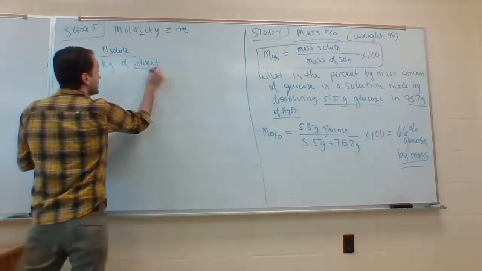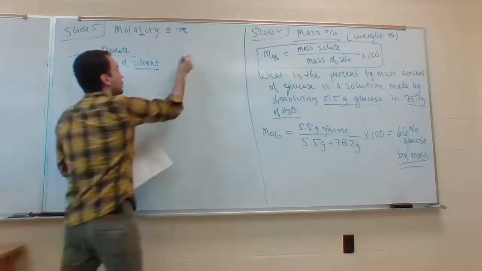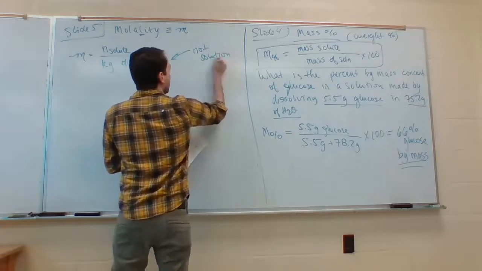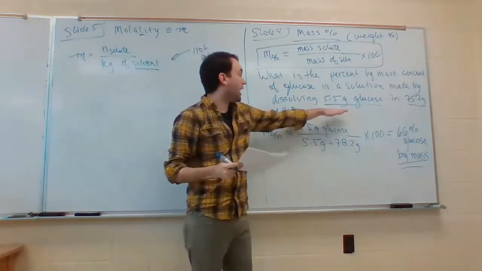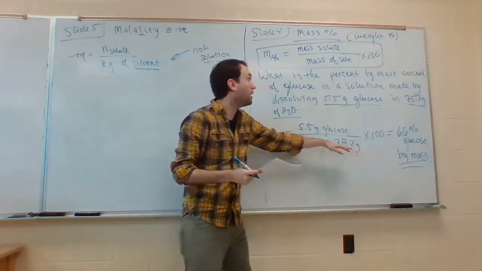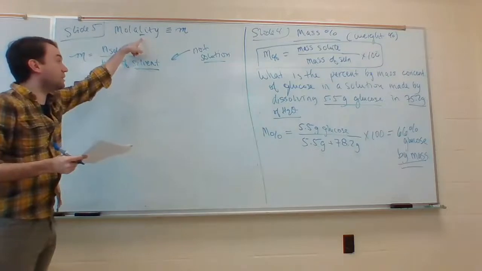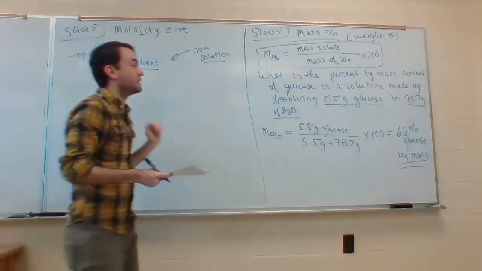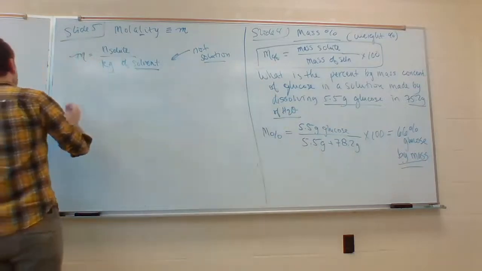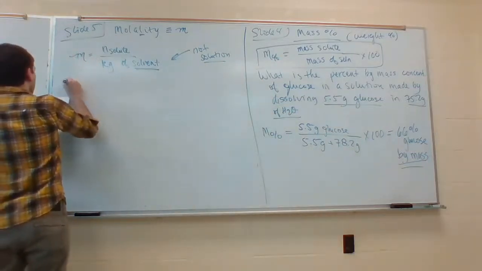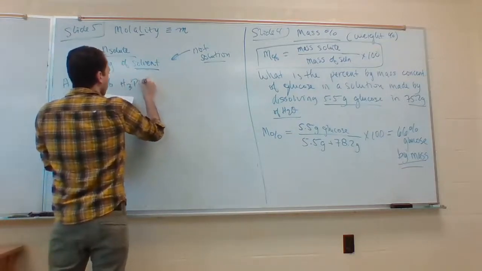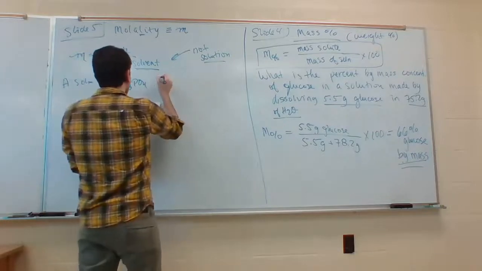Notice that this is the solvent, not the solution. Remember here, because we had to do it in terms of the mass of the solution, we had both of them on the bottom. In this case, for molality with the little m, it's the solvent, so it would just be the water. So let's say that we had a solution of H3PO4. We're making that same phosphoric acid solution from before,